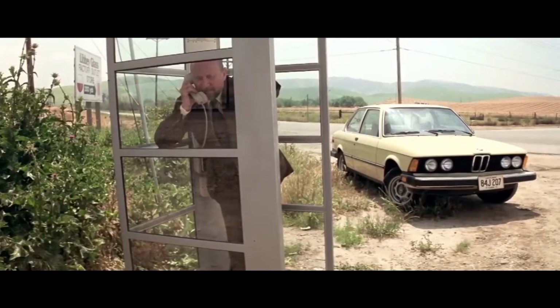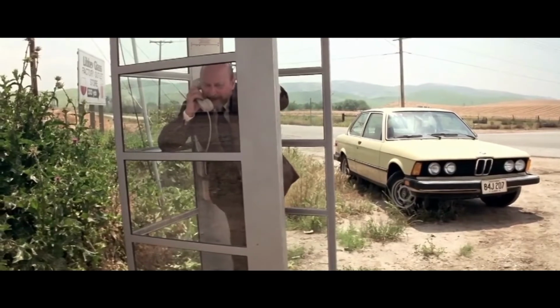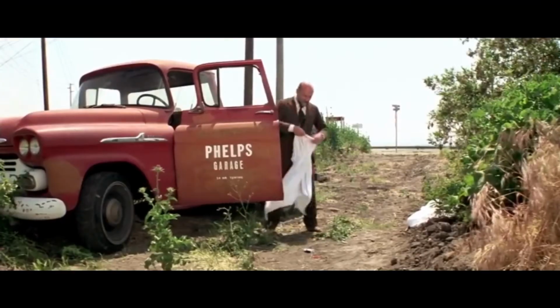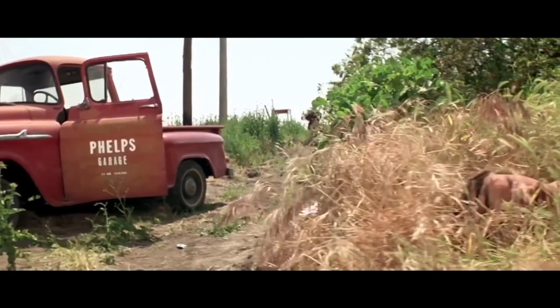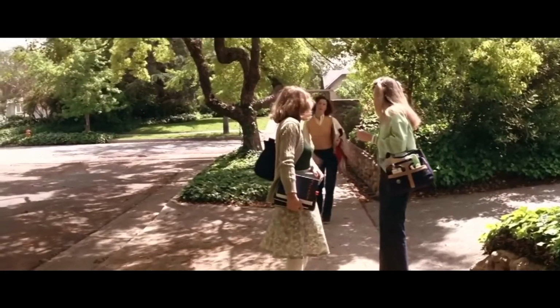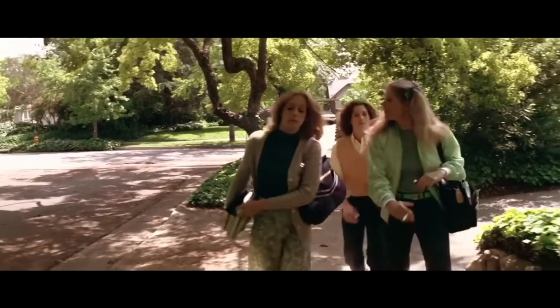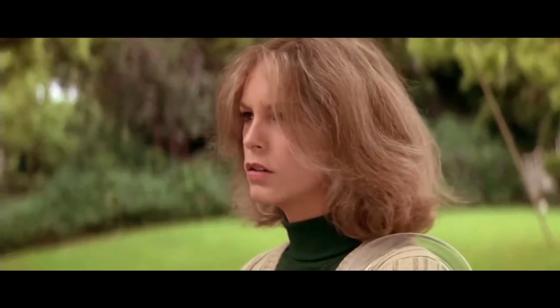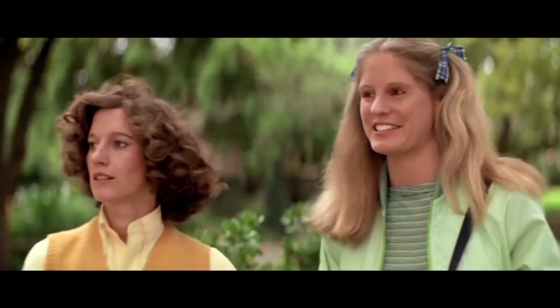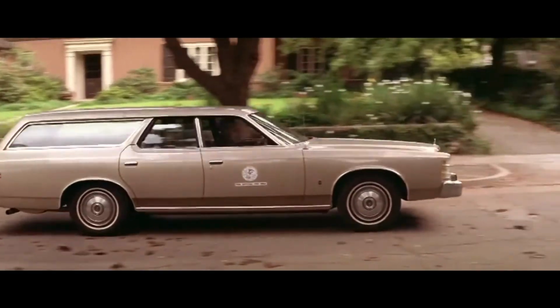Loomis stops at a phone booth to warn Haddonfield's police that Michael Myers is coming back, but he notices a truck with a torn hospital gown on it, but doesn't notice a dead body chilling in the bushes. We then totally meet Laurie's good friends Annie and Linda, who are all great friends, right? Totally. Laurie then remembers that she forgot her biology book back at school, but then Michael Myers drives by in the car and Annie screams,